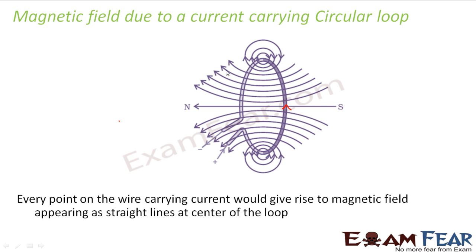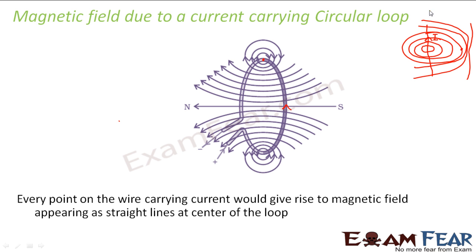So how should be the magnetic field because of each point? In the form of concentric circles. Let us consider this point. So how will be the magnetic field only for this point? If we assume that this point is a part of a straight conductor, it will be in the form of concentric circles. Now as you go away, in case of a straight conductor also we saw that if this is my straight conductor, this is the pattern of the magnetic field lines, right? So the farther you go from the current carrying conductor, the curvature reduces. So if you go to a very far off point, it will almost become straight, right? This curve will almost become a straight line.